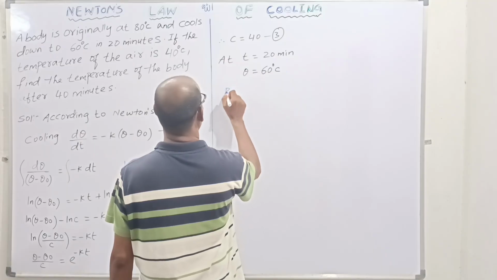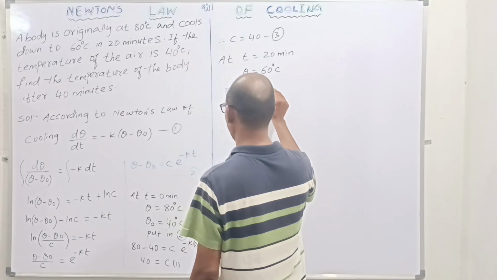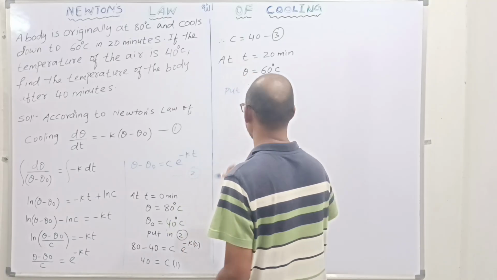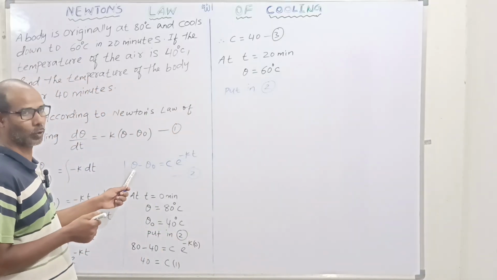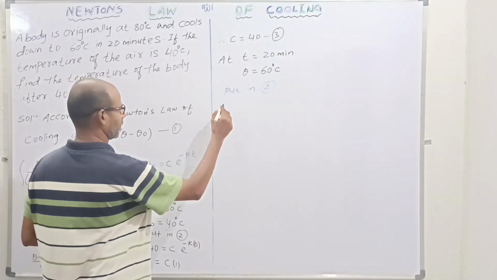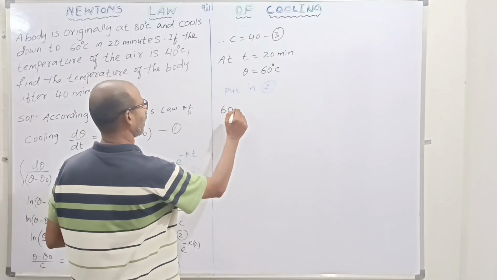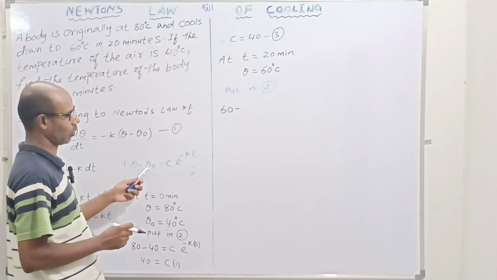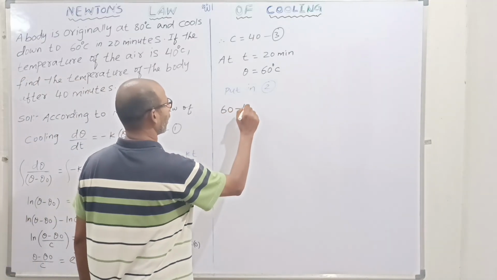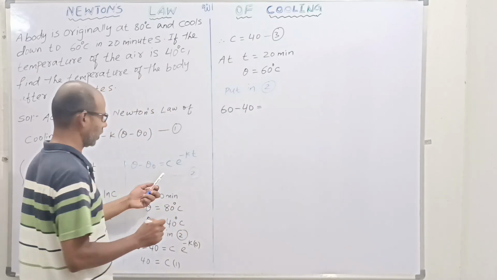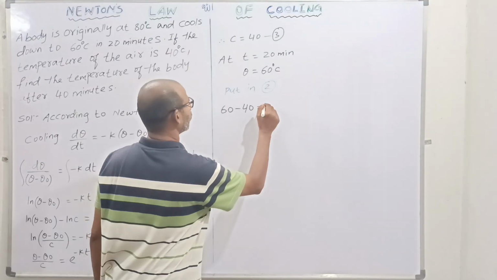So theta is equal to how much? 60 minus theta naught, the temperature of the surrounding medium, that is already given. Theta naught is 40. This is equal to C, we already got the C value, 40,